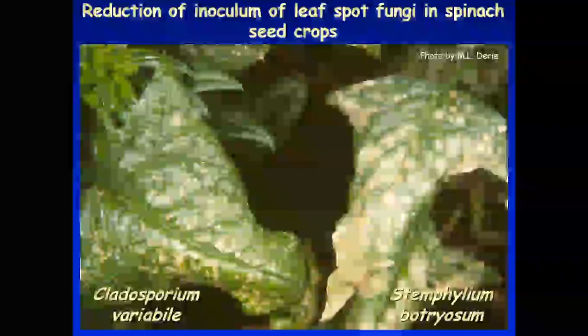Okay, I'm going to give you an example of one of the pathogens we work with quite a bit in spinach seed production, and leaf spot pathogens can be an issue in spinach seed production. There are two pathogens that we tend to see predominantly in spinach seed crops here in the Pacific Northwest. Cladosporium variabile, which causes Cladosporium leaf spot, and Stemphylium botryosum, which causes Stemphylium leaf spot. And you might say, well, why do I care which one I have? If I've got a leaf spot of my crop, I know I've got a foliar fungal pathogen, and both of them can be seed-borne. Well, it turns out that they have very, very different ways of surviving through to the next season, and that has important ramifications for management.